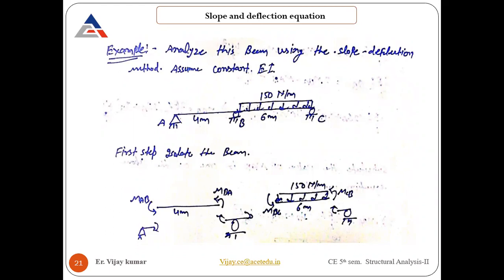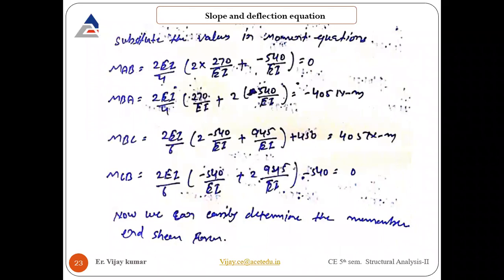If the value is not 0, it means you made a mistake in getting the values of the thetas. Otherwise, after putting in all the values, like I solved it, you get 0 here, and there is a 0 also at the other end. At the middle support, the values will come out the same. As you can see, one is positive and the other is negative, so the sum of the moments should be equal to 0. That's how you can see their summation comes out to be 0 only.